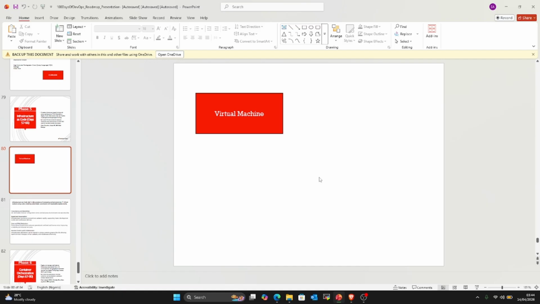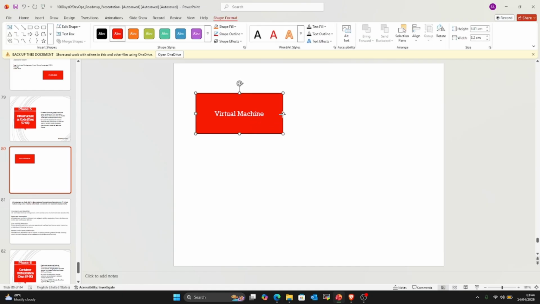Now, when you're tasked with creating maybe one virtual machine, two virtual machines, or even three virtual machines, or let me make this even more practical. So let's say, for example, you want to run an application and you have a front end, a back end, and a database. So let's say this is the front end.